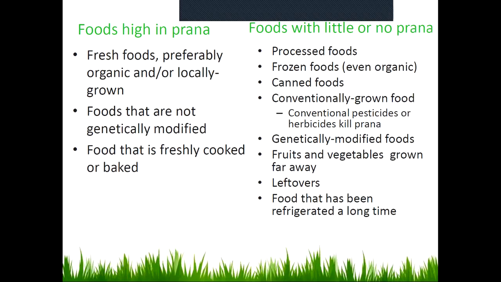Yeah, so if you can go to a farmer's market, you can find locally grown and organic. And it's very important that things are not homogenized or genetically modified. It's kind of important. And obviously, you want to bake or cook fresh. Let's say you buy organic, fresh vegetables, you cook them, and you